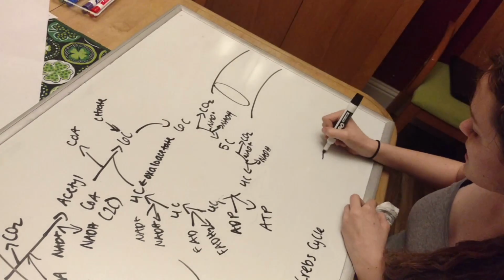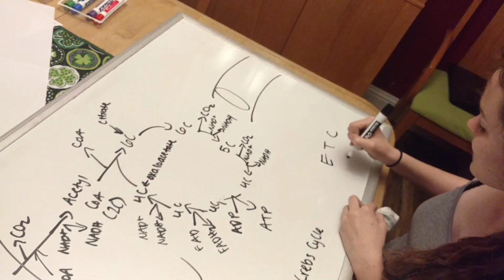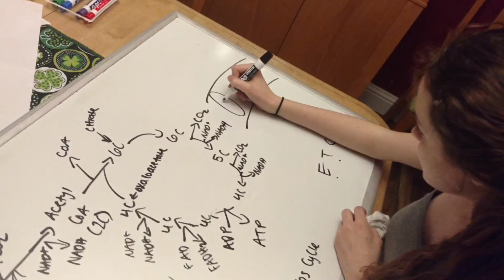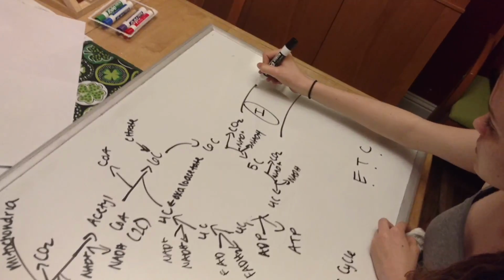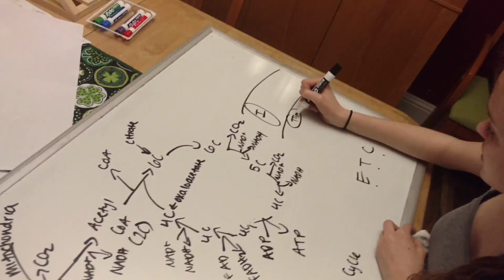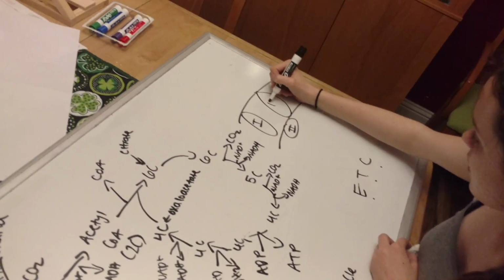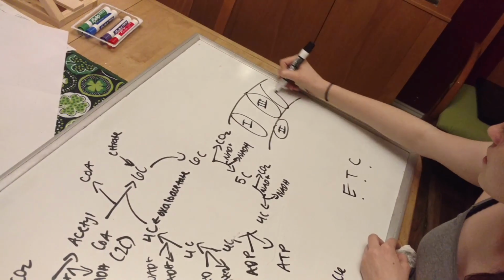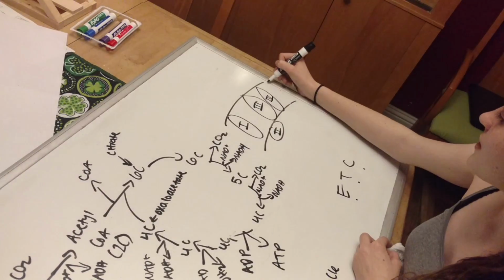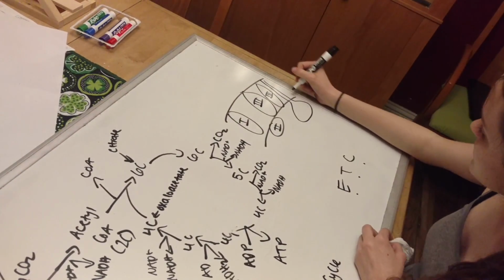So here is the ETC, electron transport chain. I don't want to write it all out. We've got complex 1, complex 2, complex 3, complex 4. This is going to be really squished. And then this is the